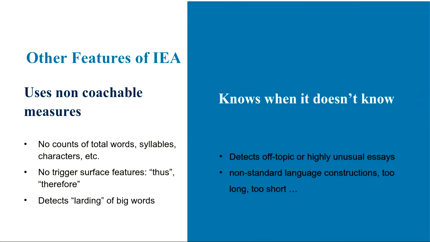But if there's something in that response that it doesn't quite understand, then that response is sent to a human rater. Sometimes it's because they have written in a different language, and sometimes it's because they have not answered the question, they've decided they can't answer it, and they just write something completely different. If it doesn't know what's happening, it's always verified by humans.